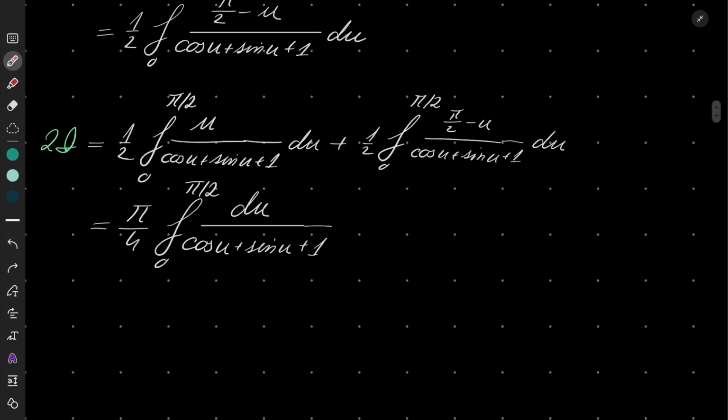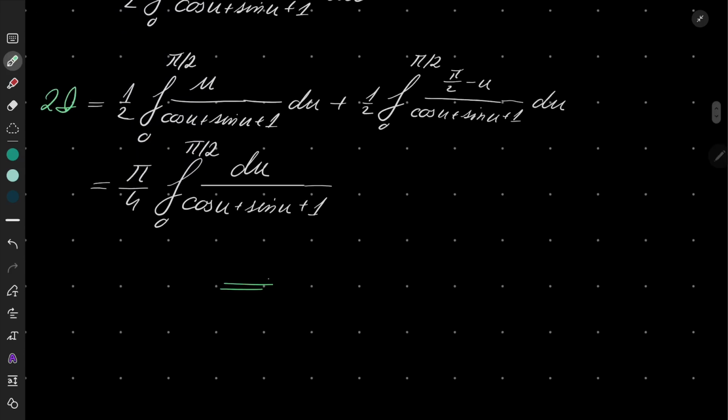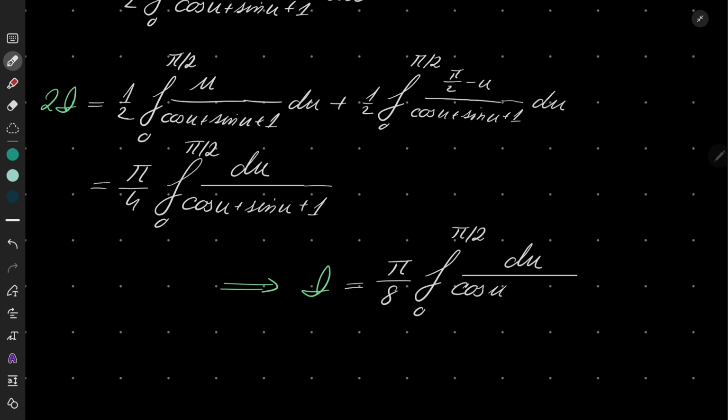And that means, because it's 2 times I, that I equals pi over 8 times integral from 0 to pi over 2 of cosine of u du over (sine of u